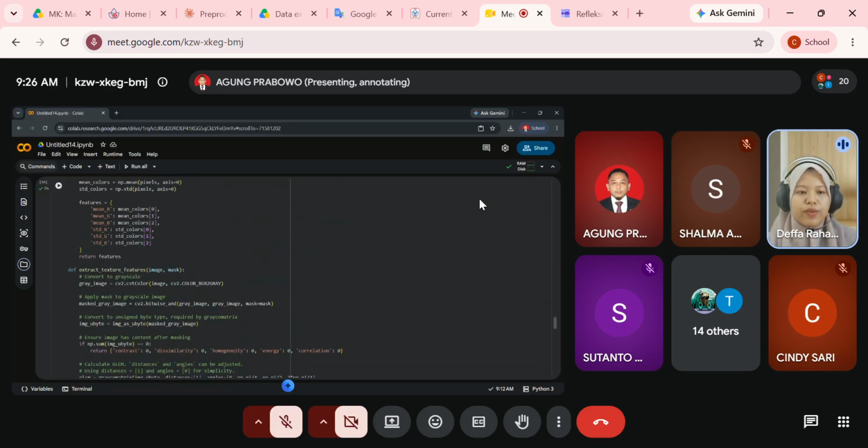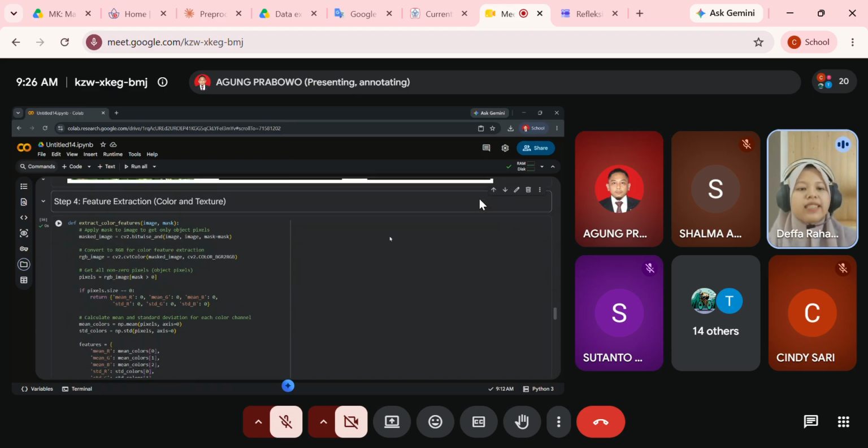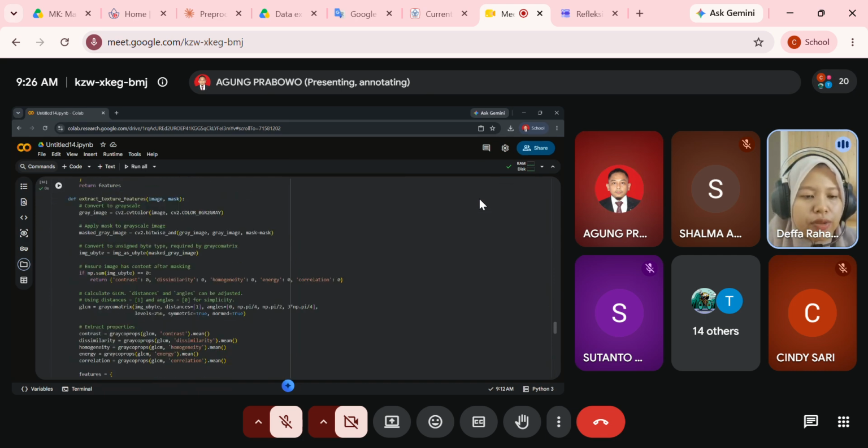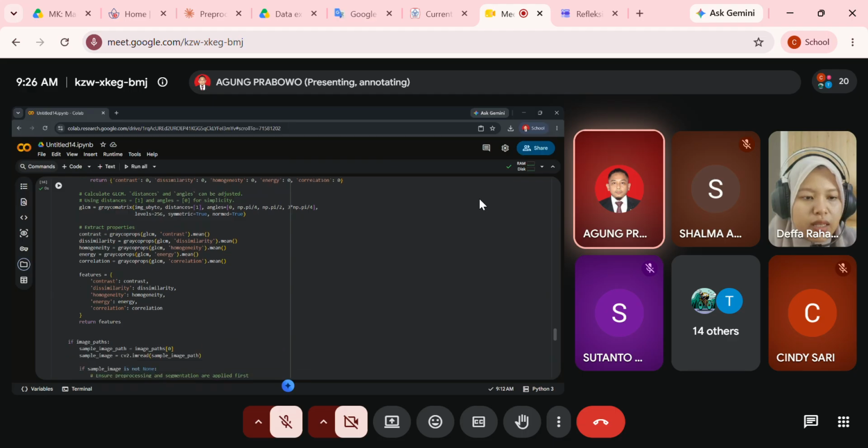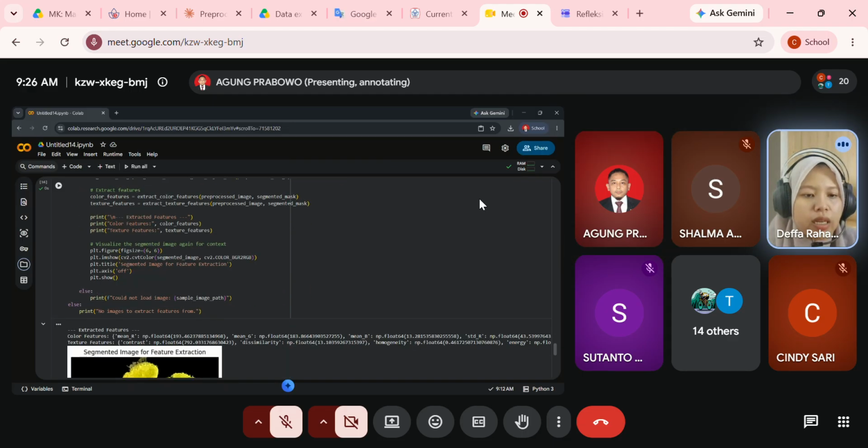Now, in here, the thing that you need to do after you apply feature extraction is to save your feature extraction result to the CSV file. And then after that, you can apply normalization or anything else to make sure that each data has the same range. For example, can you scroll down? Okay, scroll down. I want to see the value result.